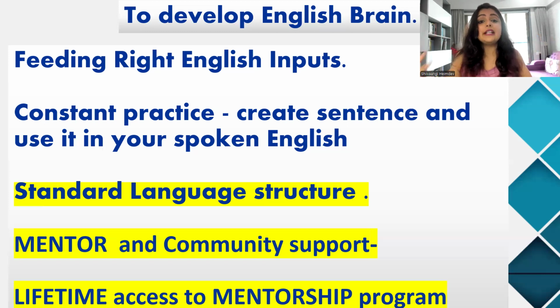If someone is going to teach you for a lifetime, if someone is giving you this benefit, wherein you're getting a lifetime access to being a student of that mentor, there is no better opportunity than this. Trust me, there is no better opportunity than this. Because everywhere, if you join any English class, all you're going to get is 3 months, 6 months, 8 months, or maybe a 1 year program. But trust me, that's not enough.